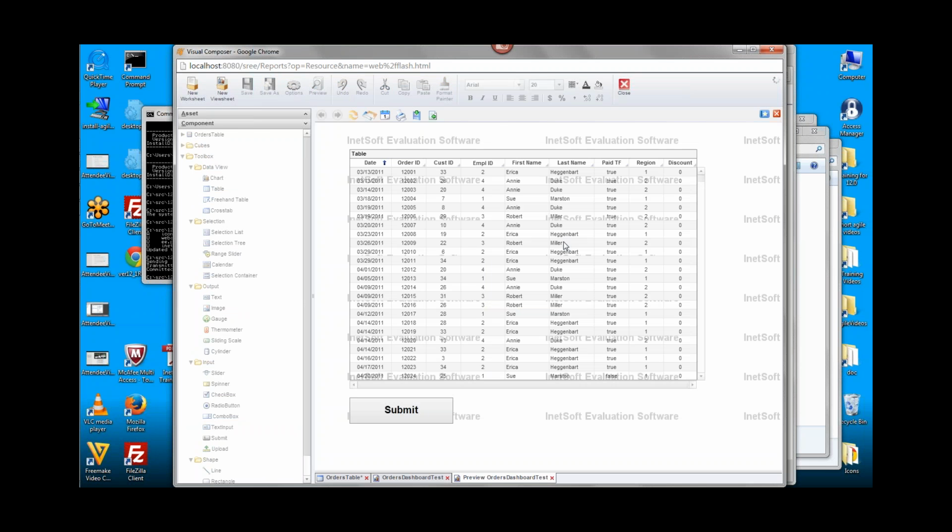It doesn't look for added or inserted rows. So I'm not going to bother adding or inserting any rows because the script that I wrote will not detect any added or inserted rows. It will only detect changes. So I'll change Annie to Anne over here. Right, so there's one changed row, and let's say I'll change the customer ID here from 8 to 9. Right, so I changed 2 rows.